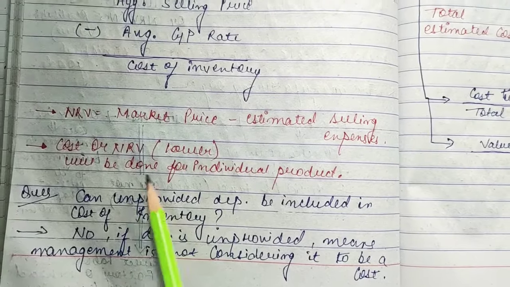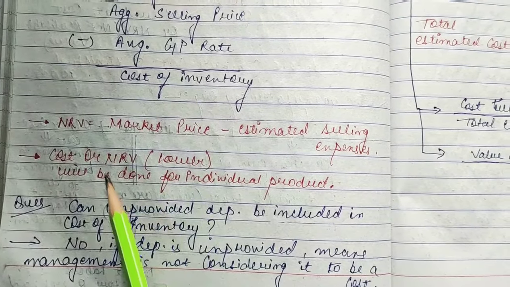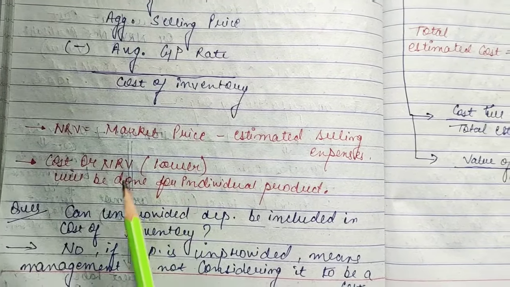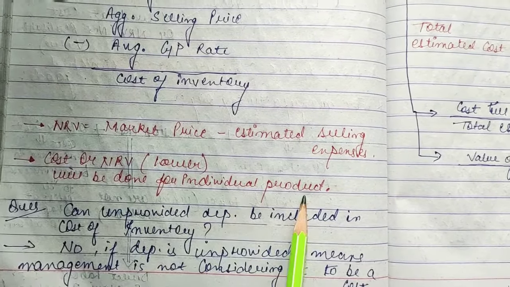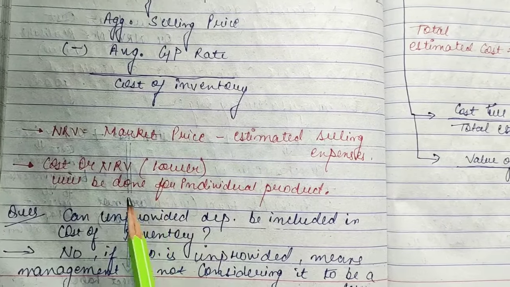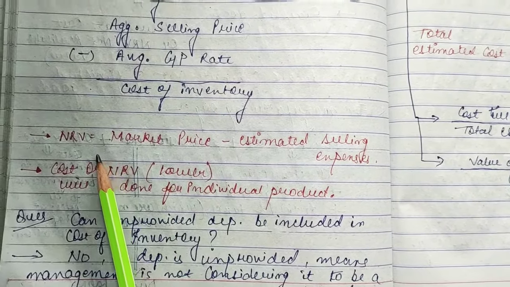Now, as we all know, finished goods are valued at cost or NRV, whichever is less, that is whichever is lower, and this will be done for each individual product, okay. We will calculate this for every individual product. Now, NRV is equal to